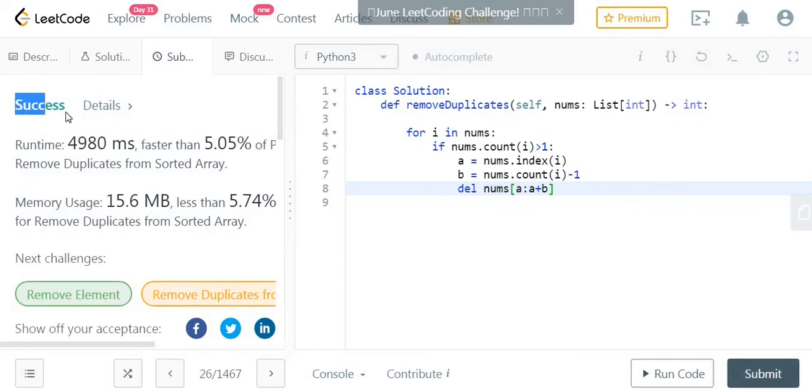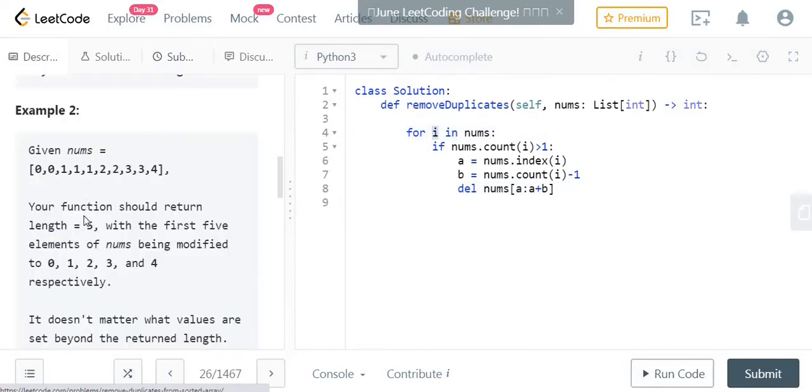So this is working. The basic idea behind this code is to take the first element. Let us take a look. Take the first element 0. If the count is greater than 1, the count of 0 is 2. a equals nums.index(i), which will give the index of the first element, so the index of 0 will be 0. b equals nums.count(i) minus 1, so the count of 0 would be 2 minus 1.